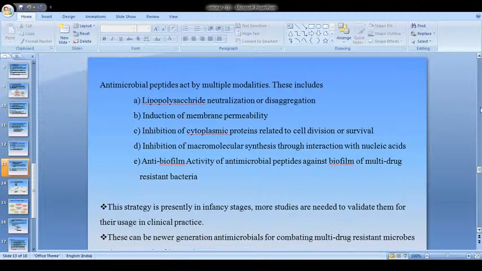This strategy is presently in its infancy, and more studies are needed to validate it for usage in clinical practice. These can be newer generation antimicrobials for combating multi-drug resistant microbes and preventing biofilm production. And the next one is the